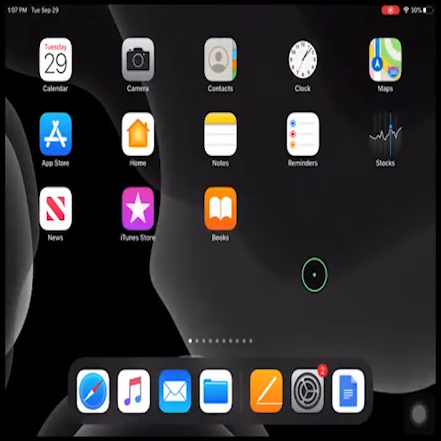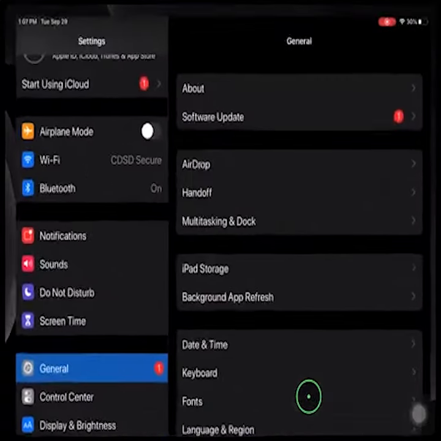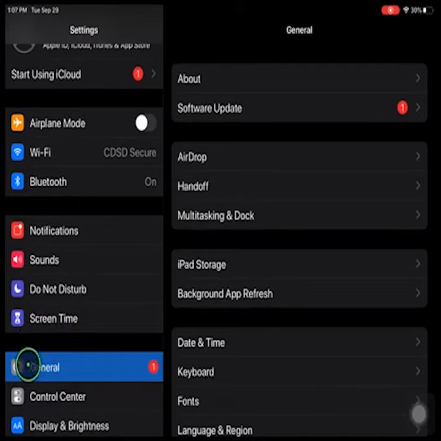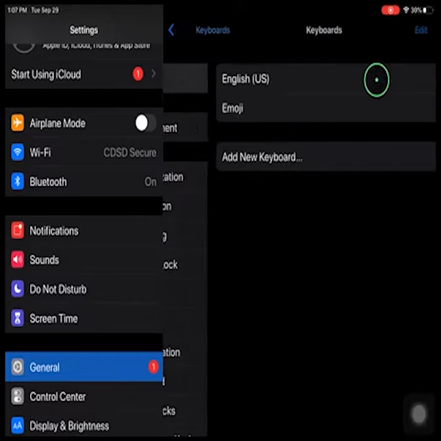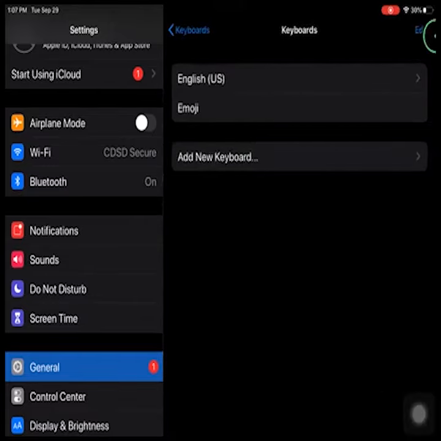The first thing I'm going to do in order to install a keyboard is select my settings menu. Then I'm going to select General and Keyboards. You'll notice I have keyboards listed at the top with 2. This denotes that I have 2 keyboards already installed. I'm going to click Edit,